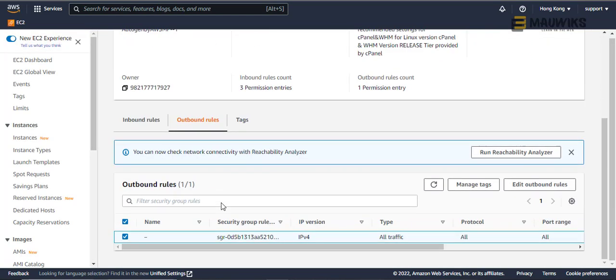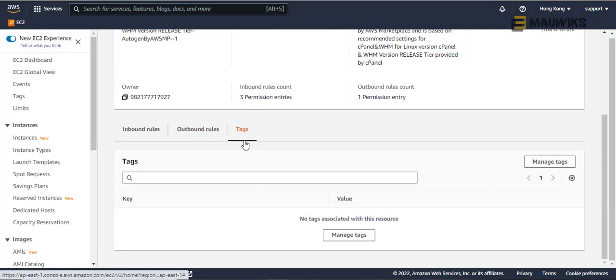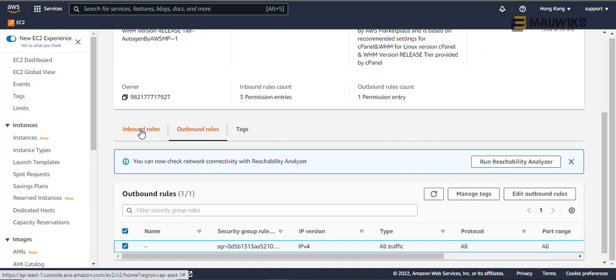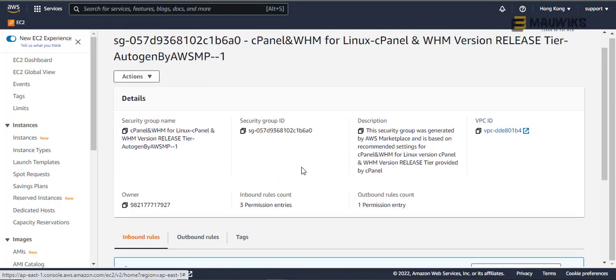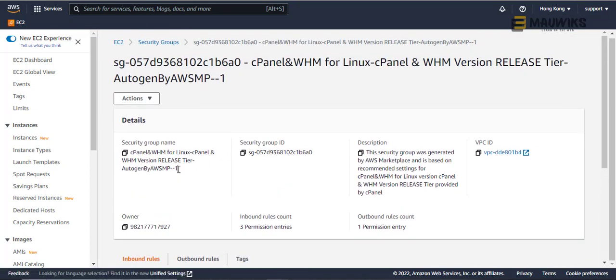Save it, and the tags, I believe tags is not important. So that's it. So once you're done, make sure you know the complete name of the security group, or probably take note of the security group ID, and go back to your